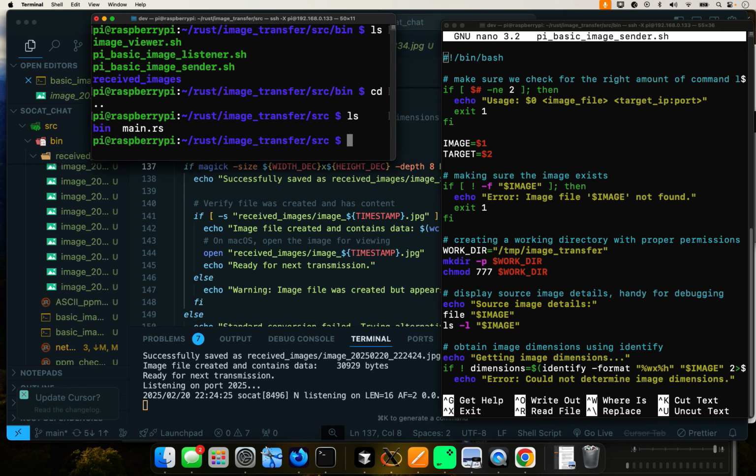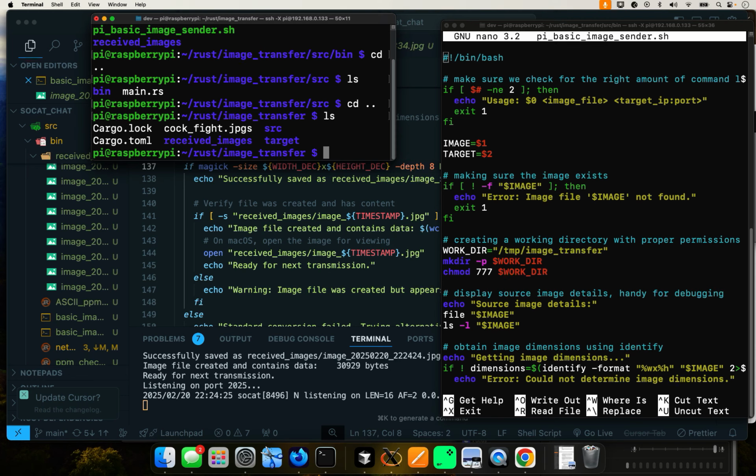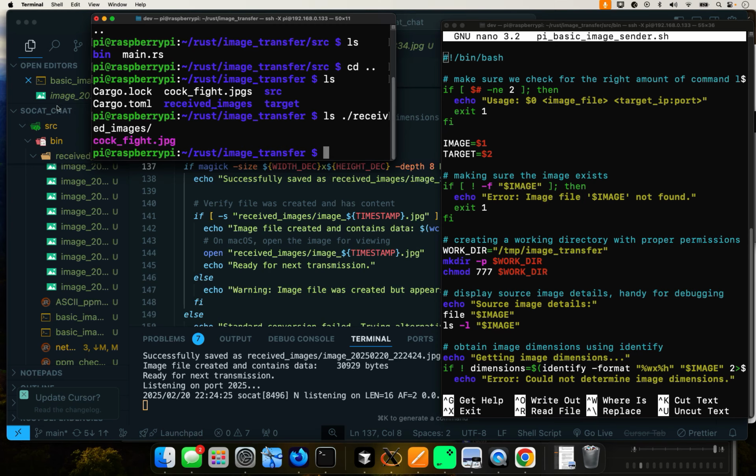I'll have it big because I'm going to be opening it, so I just want to show you. So this is the cockfight. Actually, that's not the one. That's why it's got an S. I added the S to make sure. Is this image right here? Is this image right there? So I'm going to be sending this image that you've seen before,